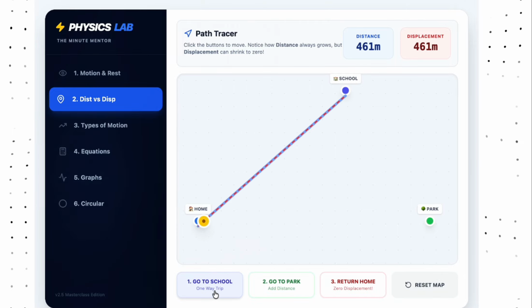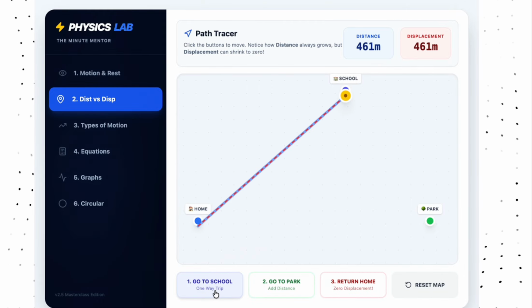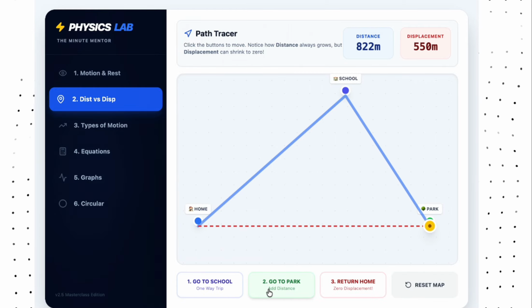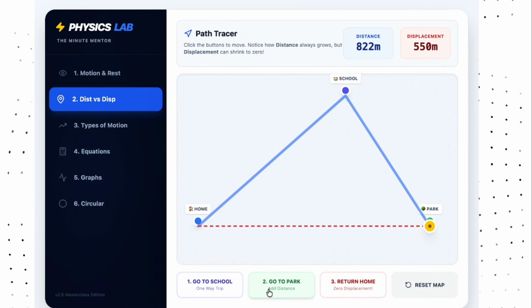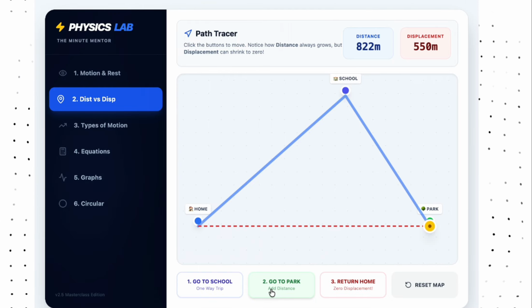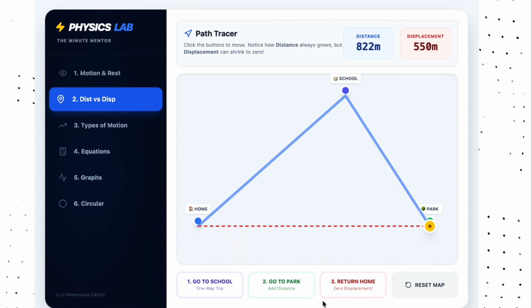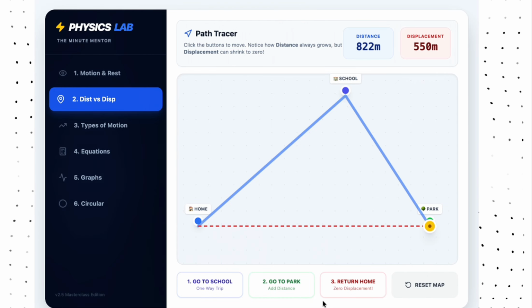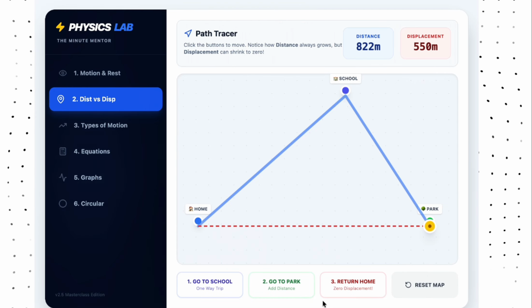Now, let's clear up the next big confusion. If you leave your house and go to school, we travel some length, and that is distance. So, if you go to the park next, your odometer, or the distance, keeps counting up. Distance is just scalar, right? So it just adds up. But it doesn't care about the direction, does it? No, that's vector. When you're traveling some distance and the direction matters, then that's a vector quantity.